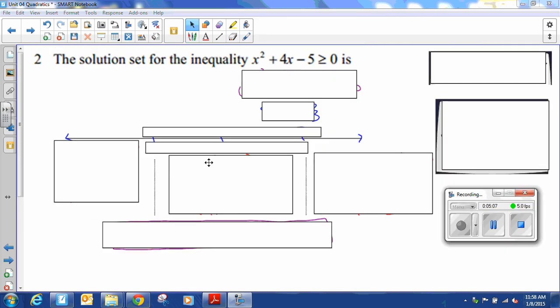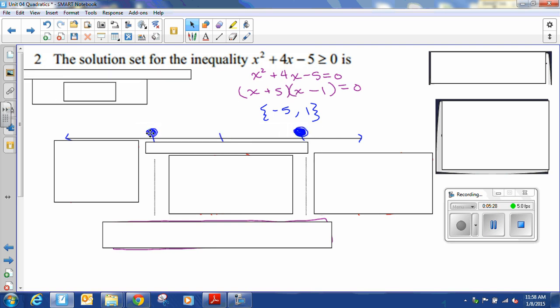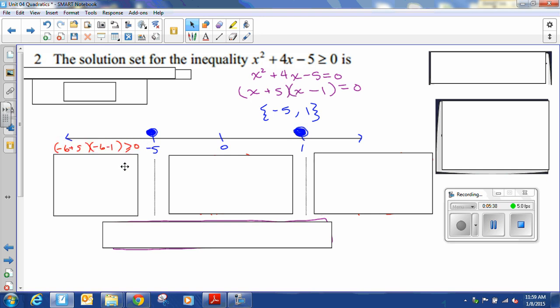Okay, the last example we're going to look at, we're going to confirm with the graphing calculator. So first step, replace the inequality with an equal sign. Factor and solve is the second step. We have negative 5 and 1 as our solution set. Because we have this greater than or equal to piece, we're going to use solid dots. So now we have negative 5 and 1. For the interval on this side, we're going to use negative 6. When we plug in negative 6 to the factored equation, we end up with 7 is greater than or equal to